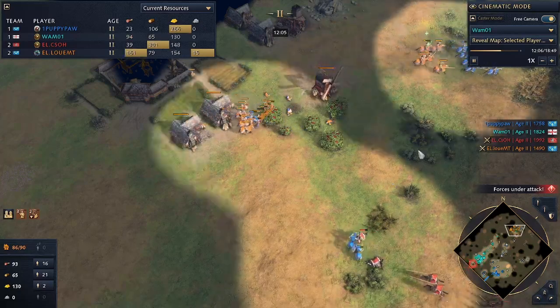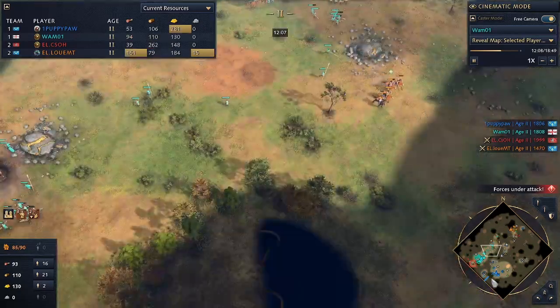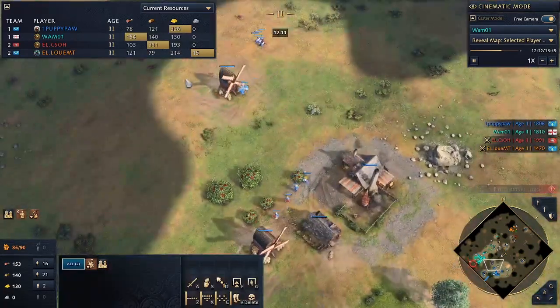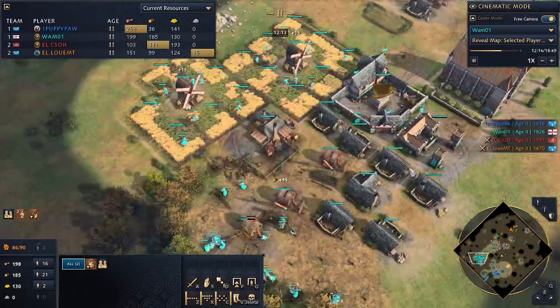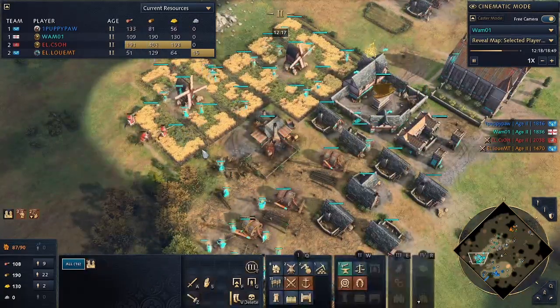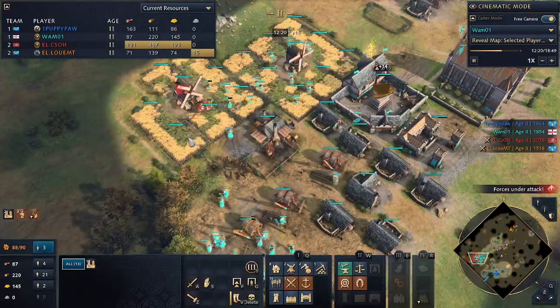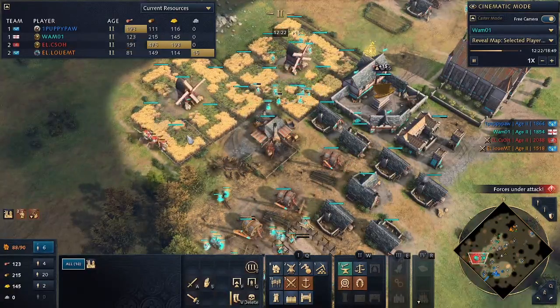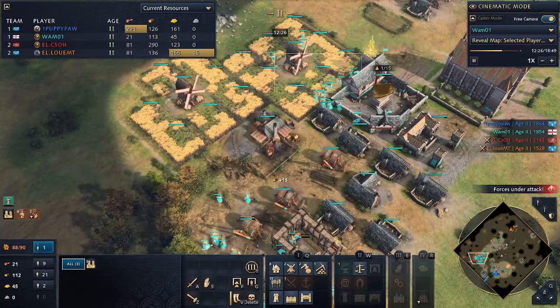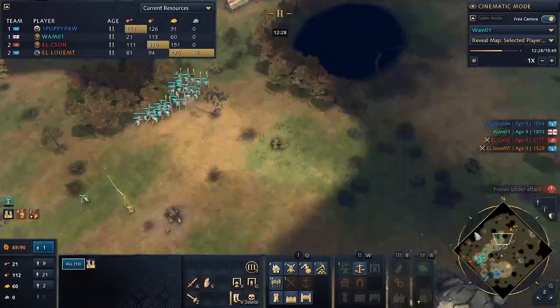2v2s are very delicate, right? Because let's say Puppy Paw is severely behind, or even just a little bit behind our opponents. If only I am ahead in eco, that's all we need to win the game. Because it only takes really one person to be ahead in the game. It's not confusing, but